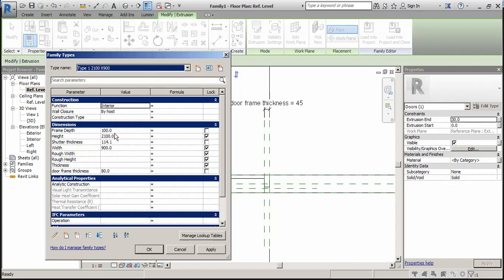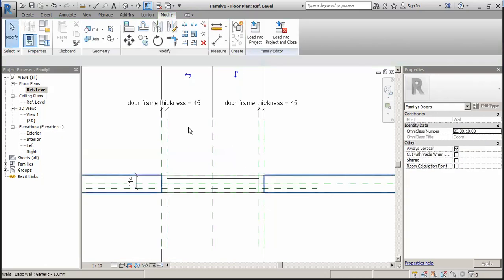And we can see the frame depth 100 mm, height 2100 mm. Shutter thickness here we can take to 25, width 900, door frame thickness 80. In place of 80 we can take 45.